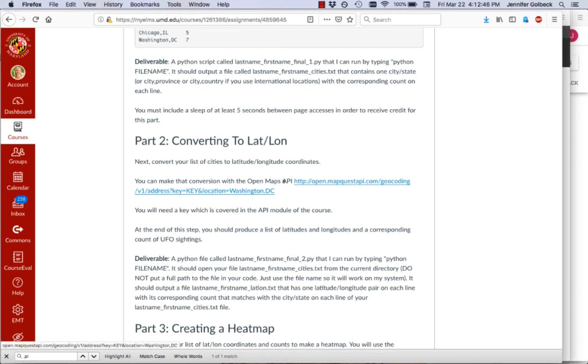There are instructions here at this link to show you how you can take a city name with a state and then convert that into latitude, longitude coordinates. So basically what you're going to do is write a script. It's going to open up the file that you created in part 1, the last name, first name, cities.txt. It's going to go through, it's going to take each city-state name, run it through the API, get the latitude and longitude, and then create a new file that looks exactly the same, but instead of the city-state name, it